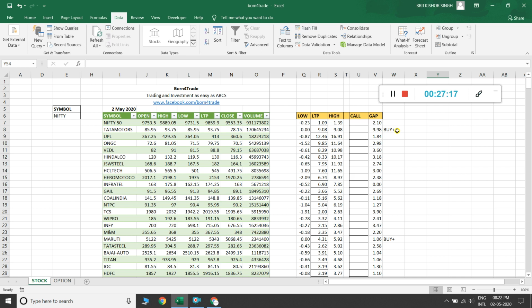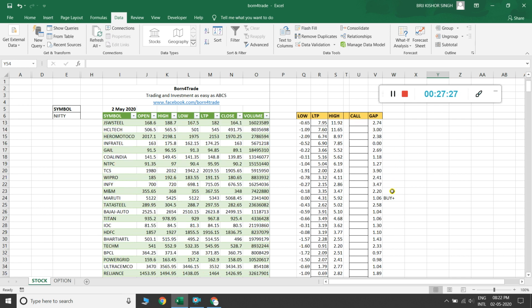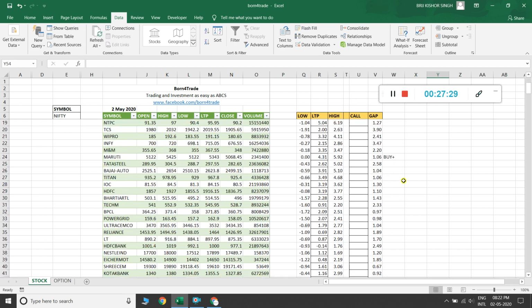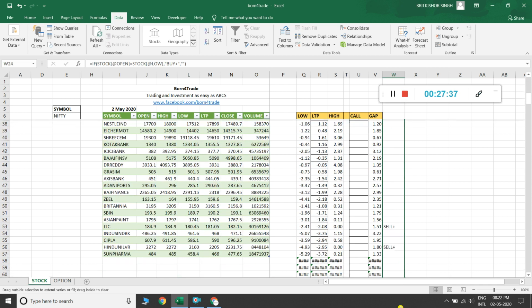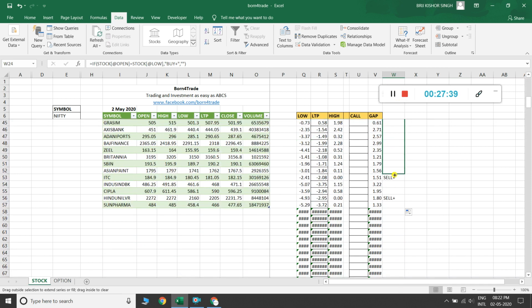If I am trying to combine this formula into a single column, I think you don't understand the problem. Here you can see there is no possibility to show buy plus and sell plus signal in a single column.